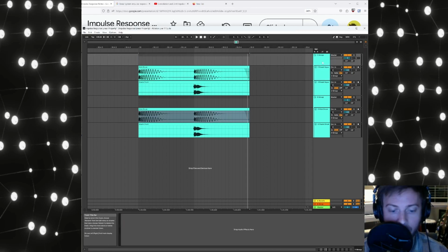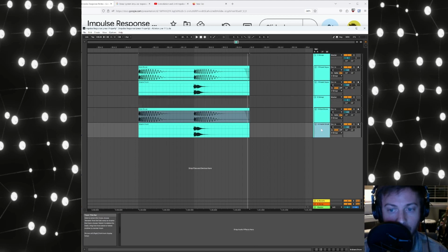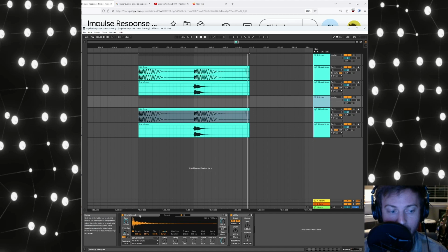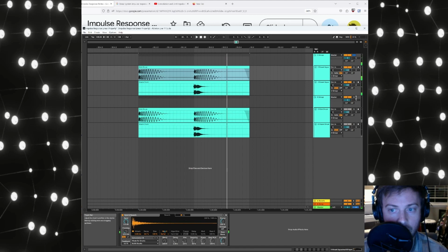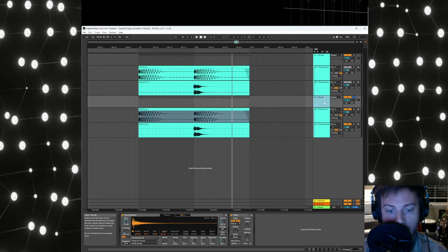I have in this group no effects on the group chain, but the kick and snare each have reverbs with the exact same setting. And over here, I've just duplicated the same kick and snare drum, but with no processing on the individual channels. But now we have the same reverb on the group. And if we listen to each one individually, they sound the same, but we can even prove that they are exactly the same because they will phase cancel. So if I play both of these channels together, but I've phase inverted this second group,